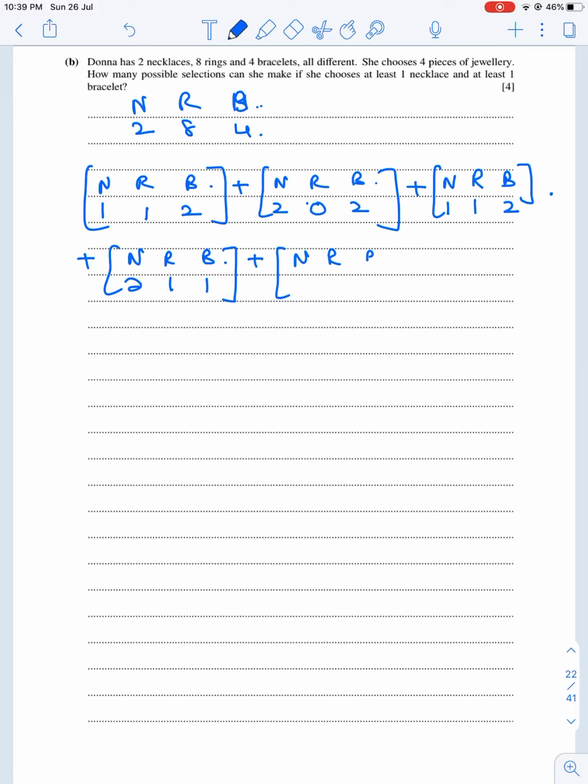There can be one more case according to me, yes, because the bracelets are more. She's got 4 bracelets. So if she takes 3 bracelets and 1 necklace, then in that case she will take 0 rings. This is the 5th case. Now you simply have to finalize the answer. There are 2 necklaces, so she is supposed to choose 1 out of those. 8 rings, so 1 ring out of that, and bracelets are 4, out of which she's supposed to take 2.